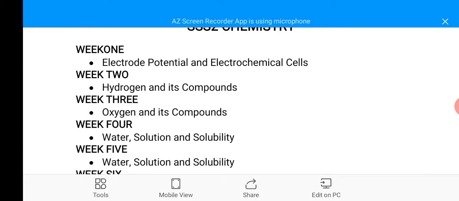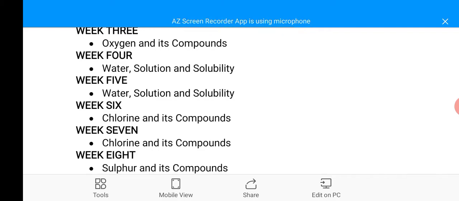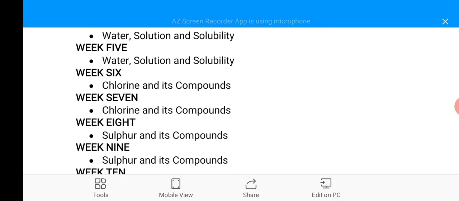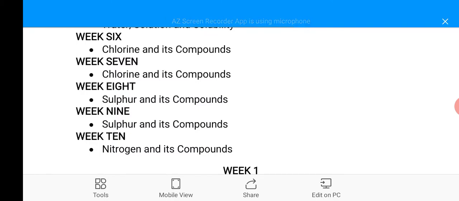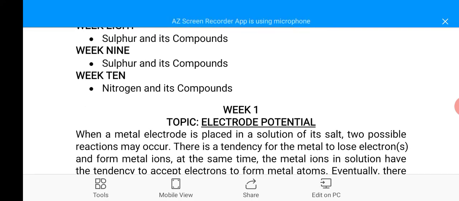The same thing goes for week 5; that will be the completion of the topic from week 4. Week 6, we have chlorine and its compounds. Week 7, chlorine and its compounds, its completion. Week 8, sulfur and its compounds. Week 9, the completion of sulfur and its compounds. Week 10, we have nitrogen and its compounds. Starting from week 1,